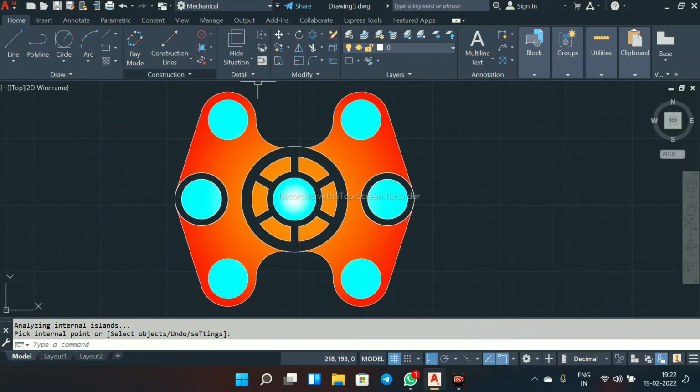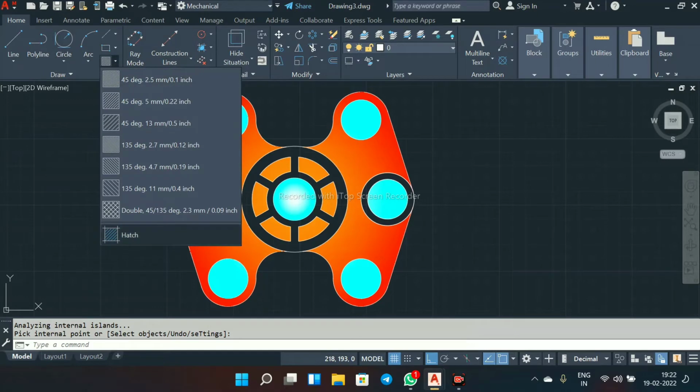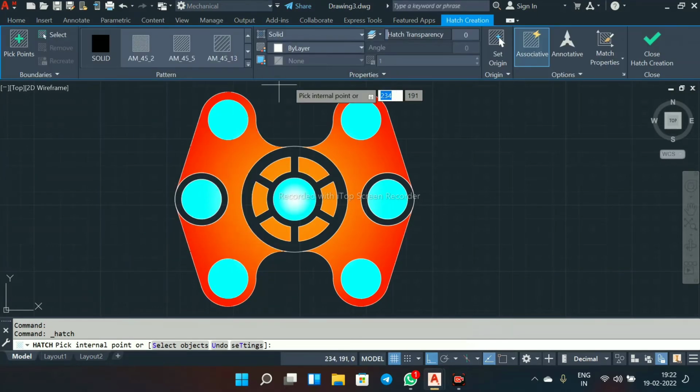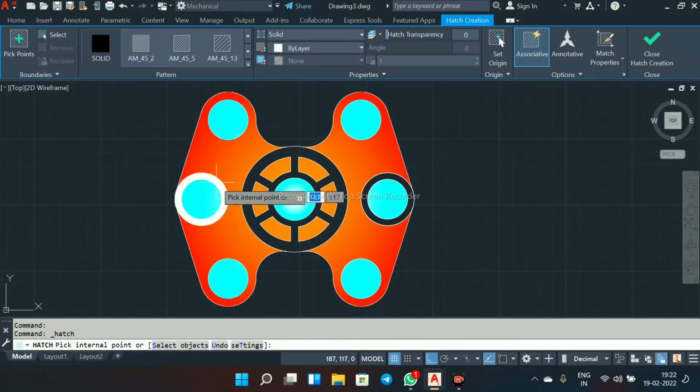Now go to hatch again and select the outer color. For that I will select this one.